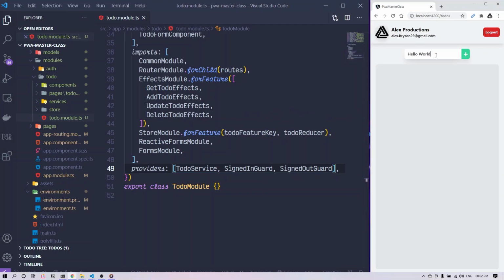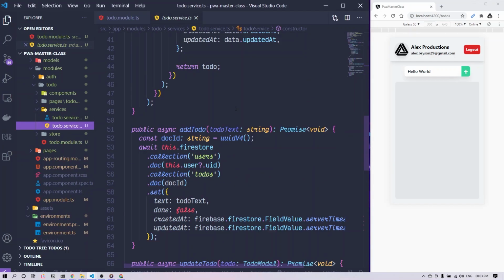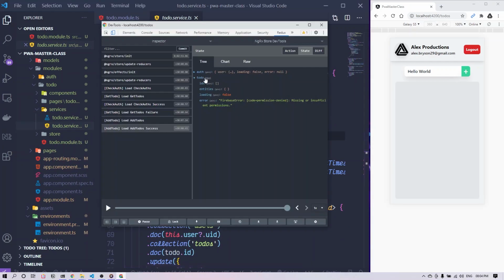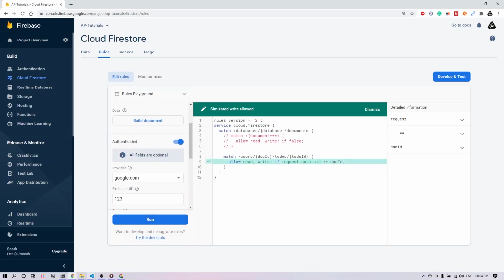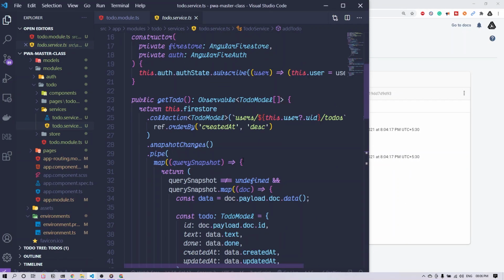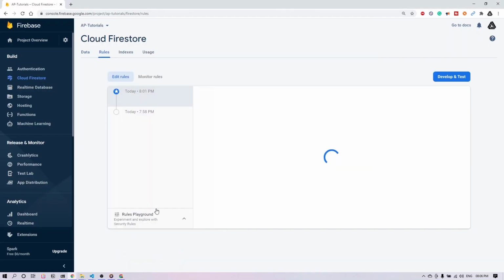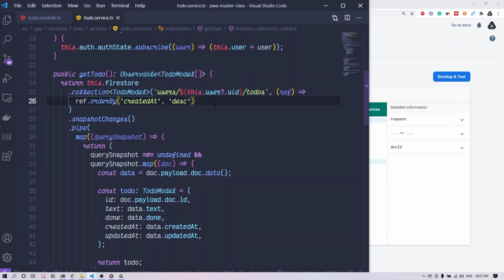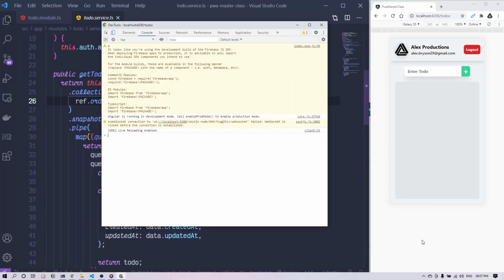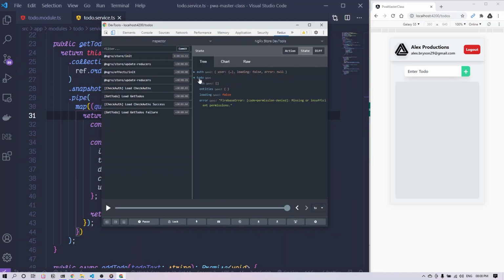The error was in add to do method in to do service file. There was a typo, as I told you before. This is why it is not displaying the to do's here. So it took me a very long time to debug. So don't worry about that. We will fix it in a moment. But before that,